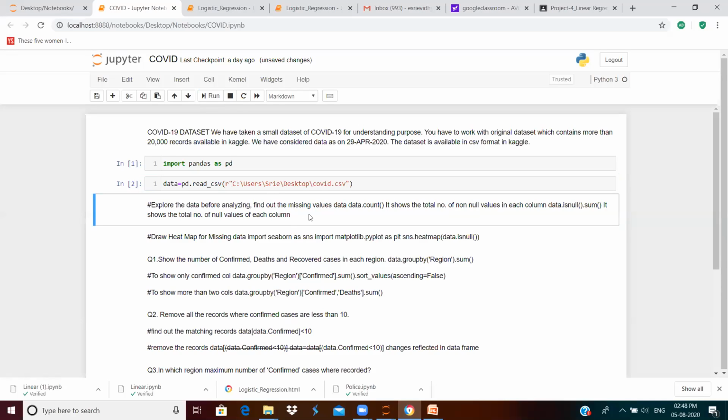Now let us explore the data before analyzing. We will find out the total number of missing values, and we will draw a heat map, generating a map with the missing values.